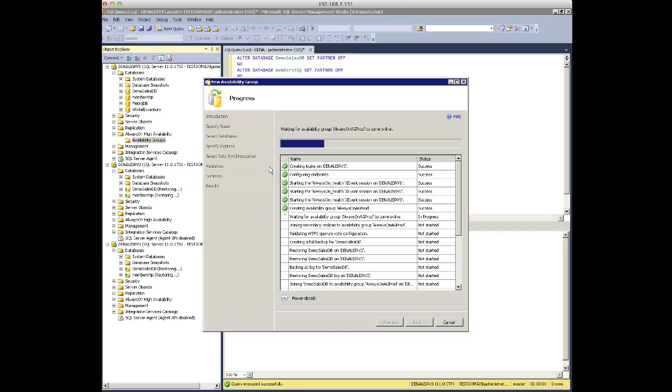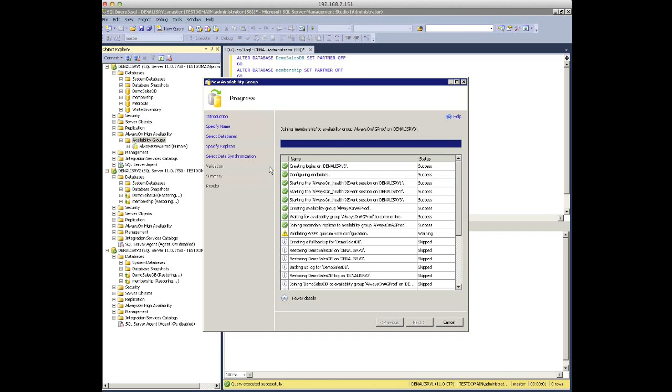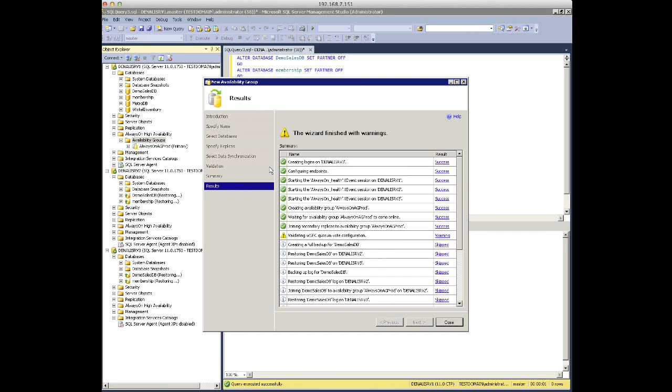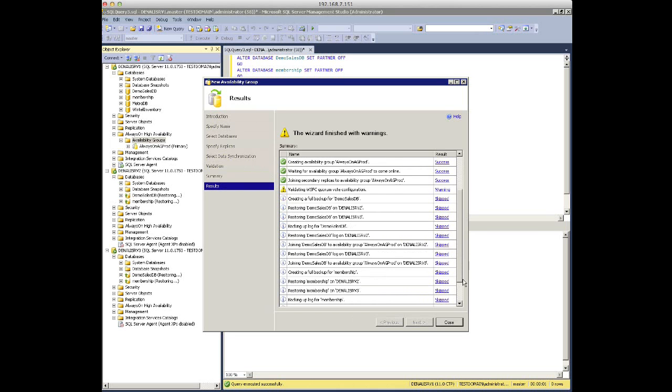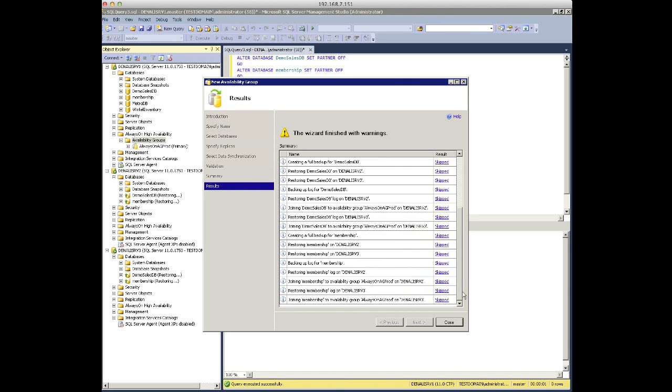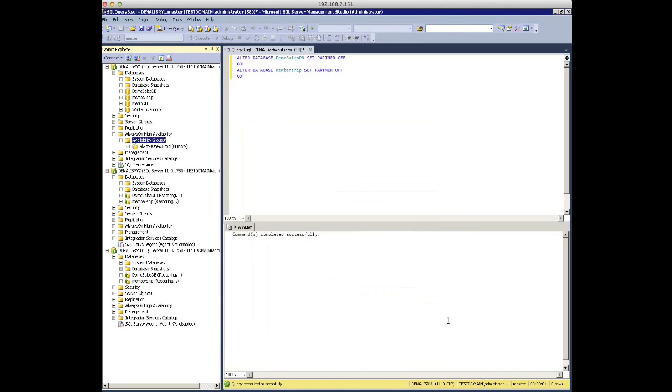these databases were running in database mirroring and log shipping configuration prior to me converting them to Always On availability groups. So it's going to leverage those endpoints for availability groups. A couple of steps have been skipped because we didn't choose to initialize the data for this purpose. I'll click on close. Now I do have my